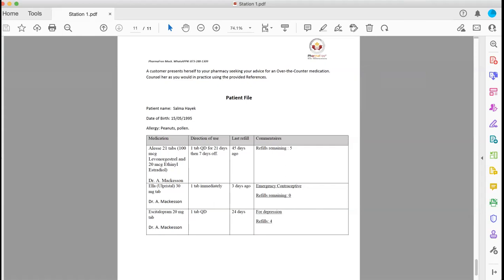Okay, it's correct. Why is it correct? Because in this situation, you have only 2 options. Number 1, Plan B, it's not recommended here. The other option would be what? Would be Ella. Okay, you don't have a third option. This is in terms of medication. So as long as you can justify, as long as you can document, no problem with that, regardless of what province you are practicing in.